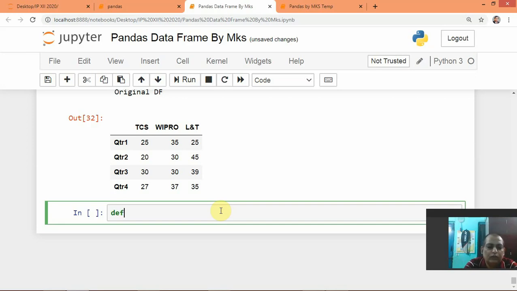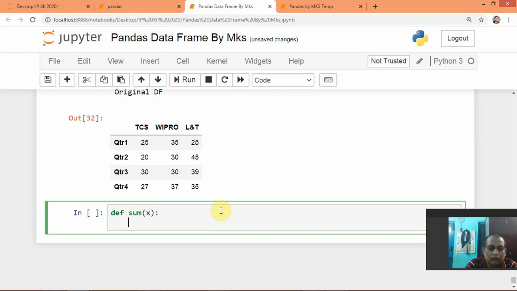We know that we write any function like sum, or add, you write sum, and here x, this one you already know, return x plus 5.